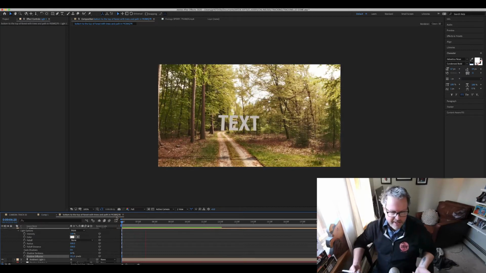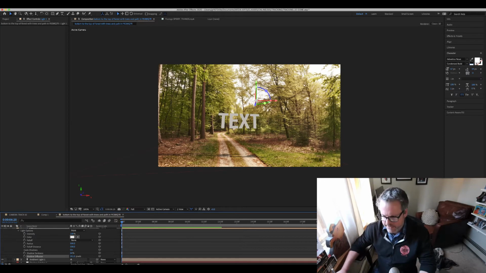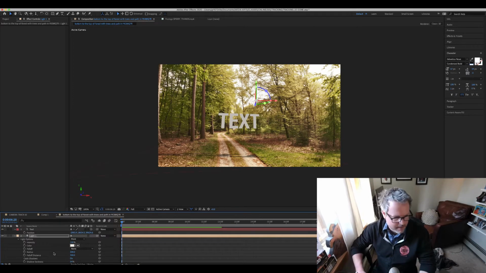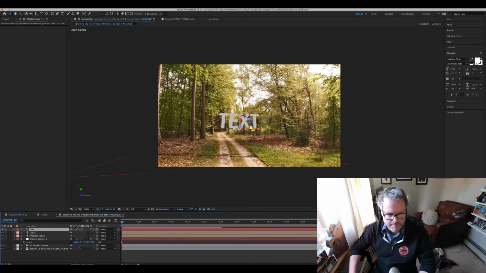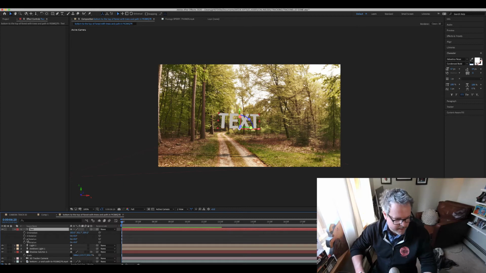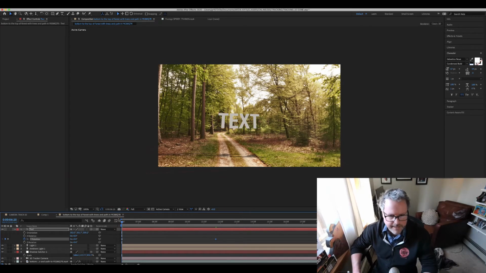That's awesome. Things I also want you to think about are if you're going to be using text or graphics, they don't have to just sit there and be idle. I could go into rotation, and is it going to be Y? Yep, it's going to be Y. You never know. Sometimes if you rotate them, they get funky. So about 12 seconds, and I'll have to do a full rotation, just one rotation. And now